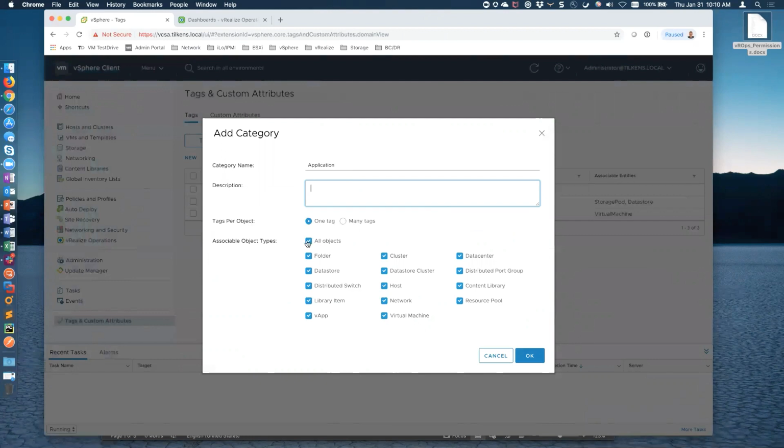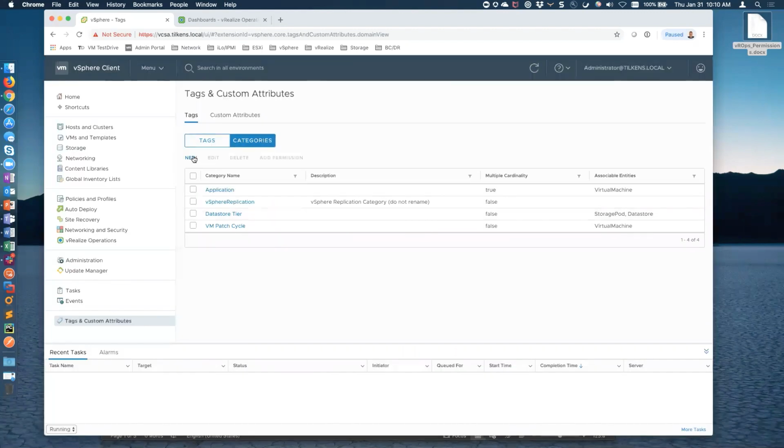So if I specify this is applicable for, let's say, VMs, can a VM have more than one application, like Exchange server and SharePoint, for instance, or something like that? So I will allow that, right? So I'll do that. And then I'm going to set up another one for